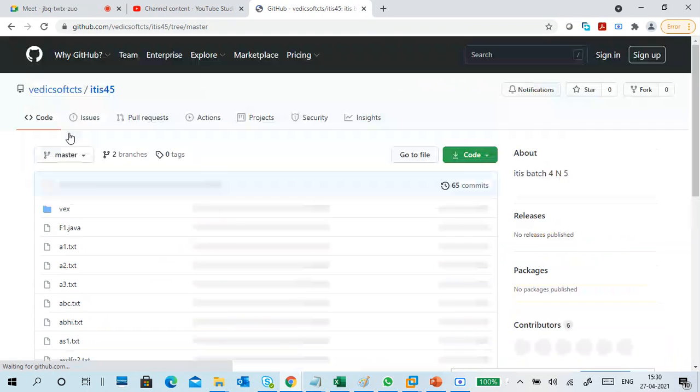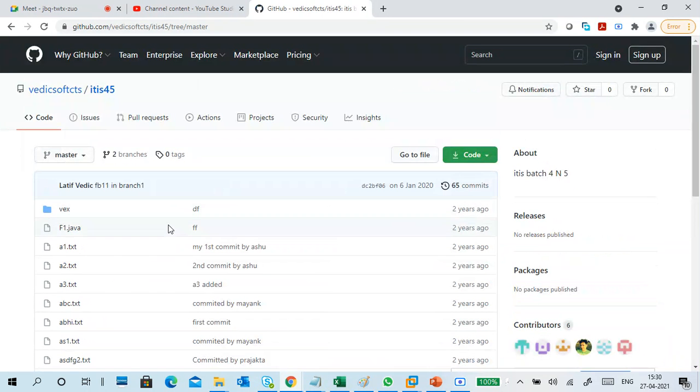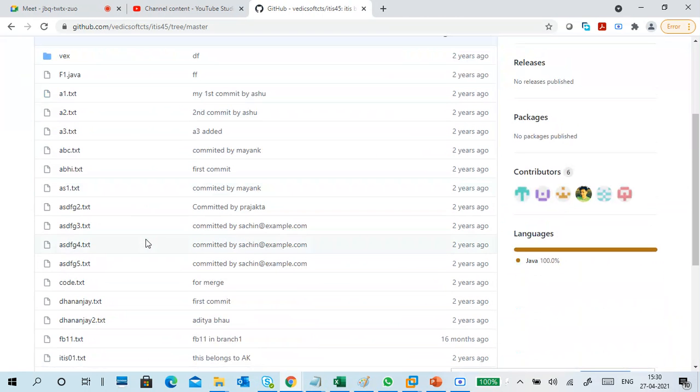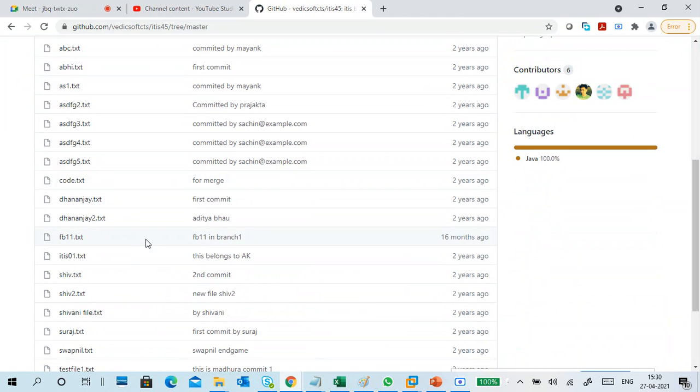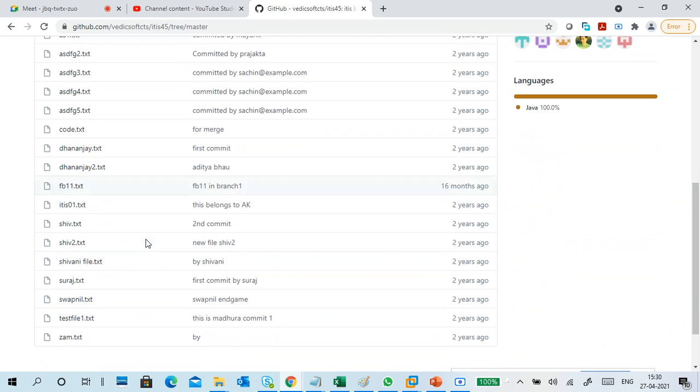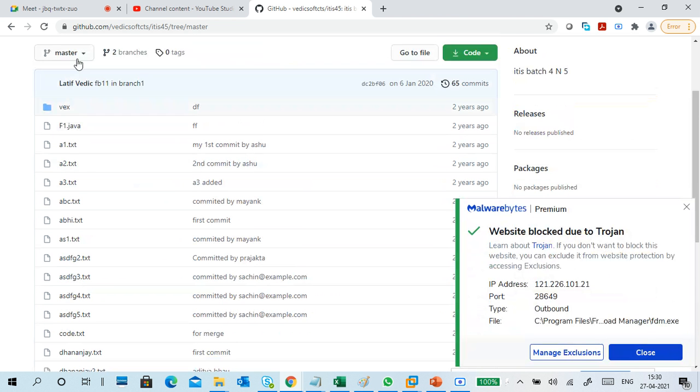I will go to master. It has 65 only. There is only one difference. So you can see VX, A1, A2, ABC, AB, AS1, code.exe, F11.txt, FB11.txt. This is maybe a difference.